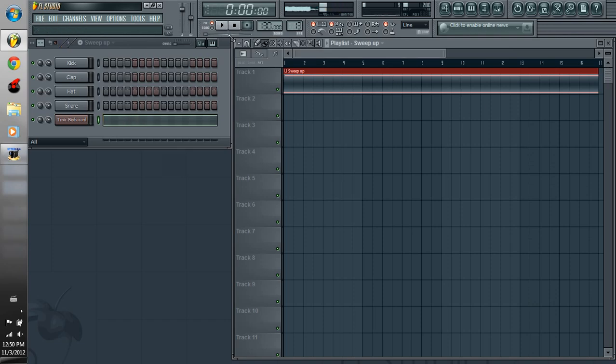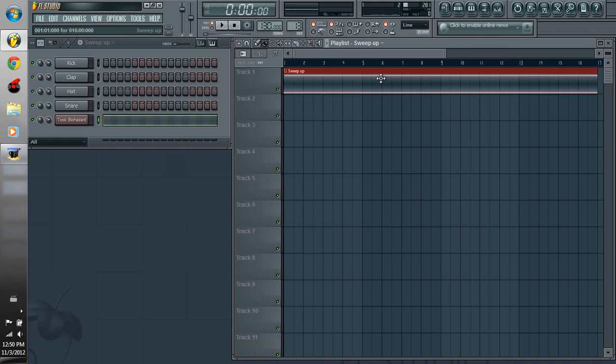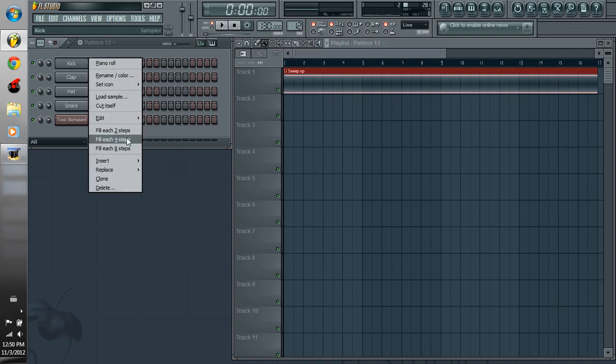Okay, so you get the picture. And what we're going to do is we're going to make it pump. Basically, we're going to sidechain it to the kick that we're using. So I don't know why I'm in pattern 13. Whatever. Okay. So make a 4. Actually,